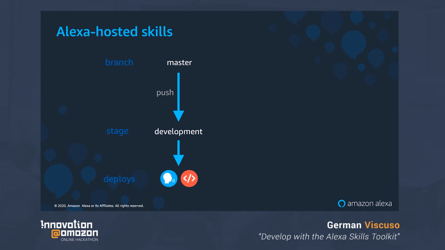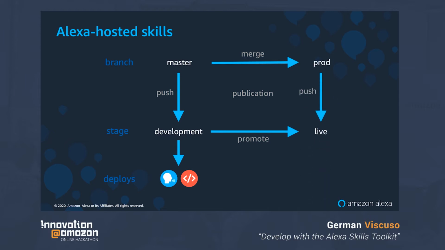When we are satisfied with how our skill works, we would submit the skill for publication, which will go through a certification process. If approved, the skill goes live and we will have access to a Git branch called prod that corresponds to the live stage of the skill. From a developer point of view, we now have access to two skills, the one in development and the one live. In the typical development cycle, we would continue to work on the development stage until we are ready to